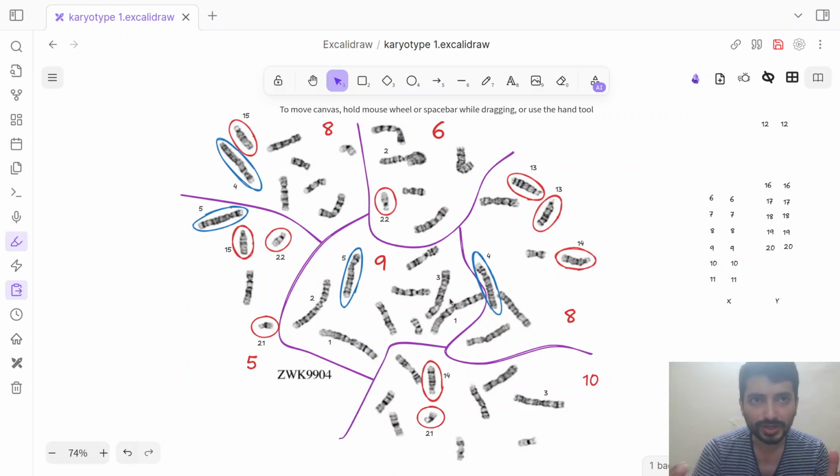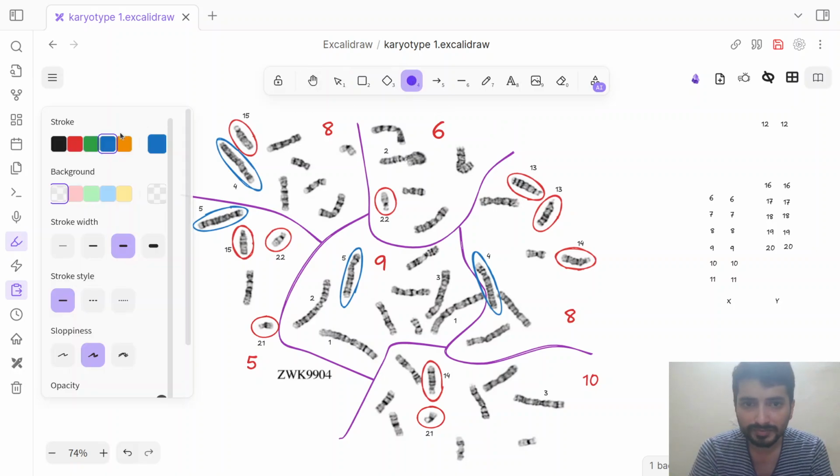Let's try to go at the F group. So F group has actually metacentric chromosomes, but they are very very small. So they would be similarly sized to your chromosomes 20, 21. So like this one. So I'll just circle them with a different color. What have we not used? Green. Okay, so this is a green metacentric chromosome,